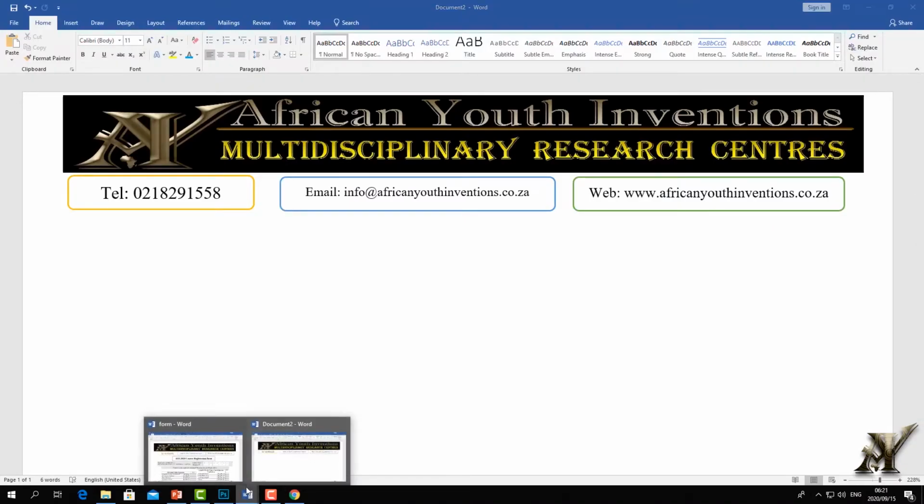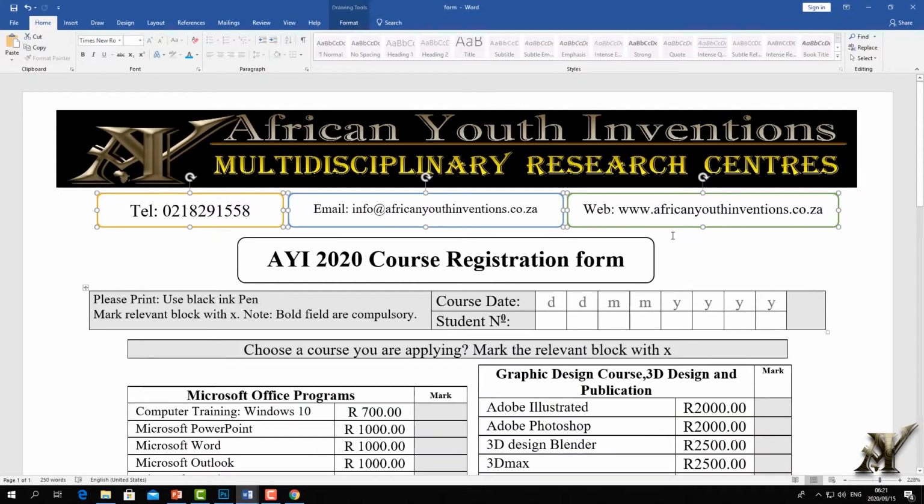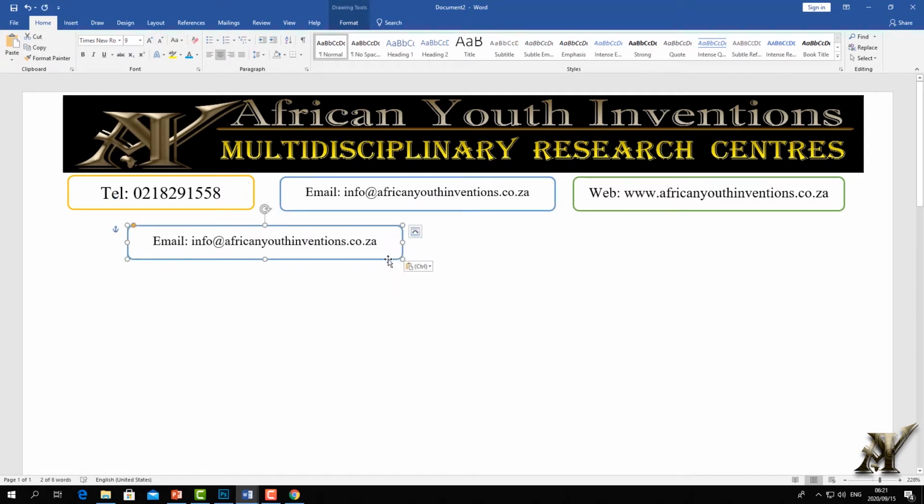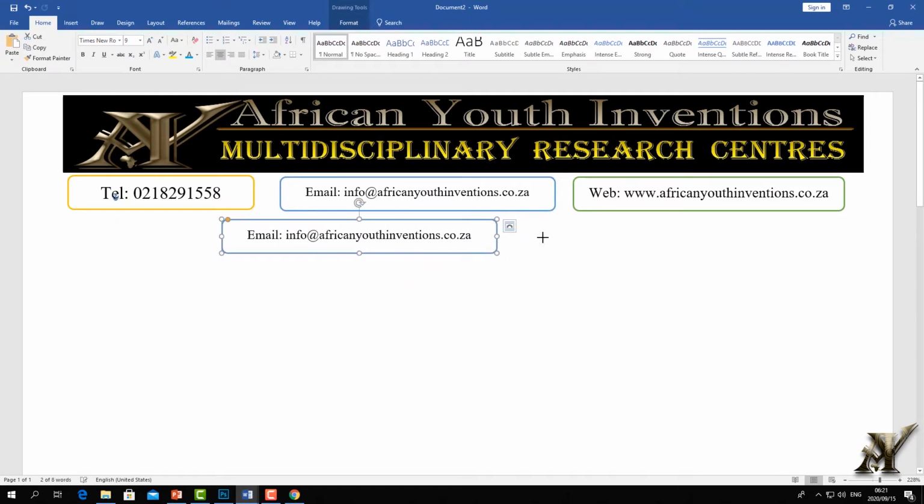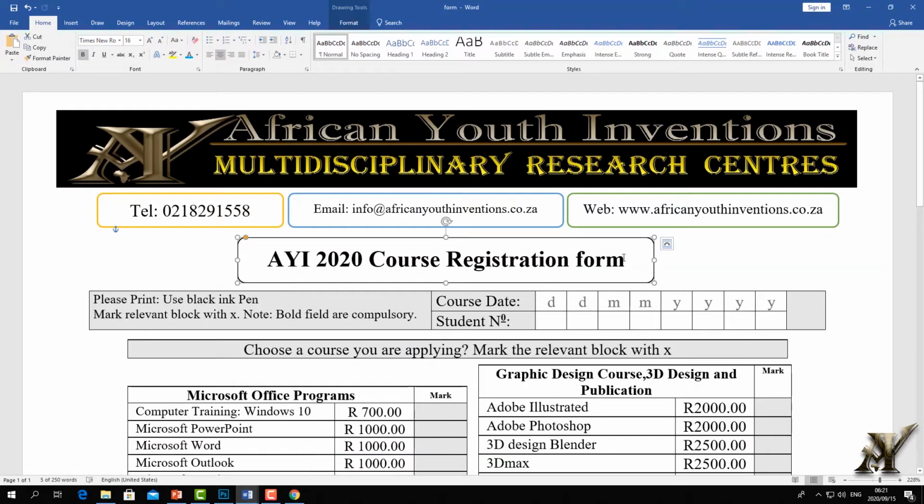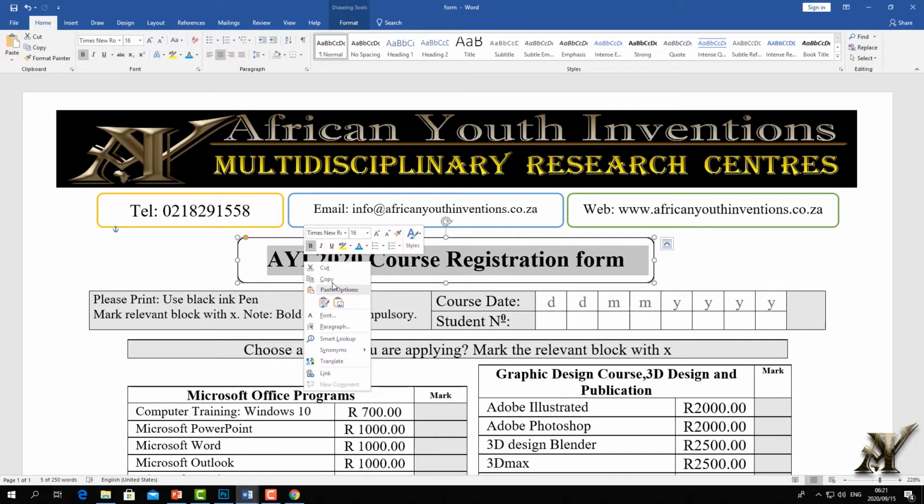Now, if I go back, we complete that. The same way we did this, the same way we're going to do this one. The difference is just the color. So just like in my case here, you can still copy this, paste it, and when you paste it, pack it in the center and drag it bigger, and then take this word and change the way I would type here, like AYI 2020 registration course,